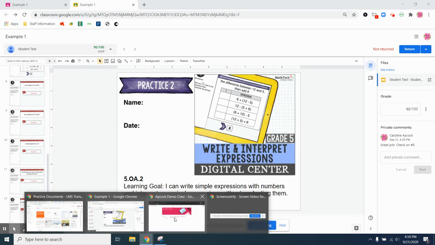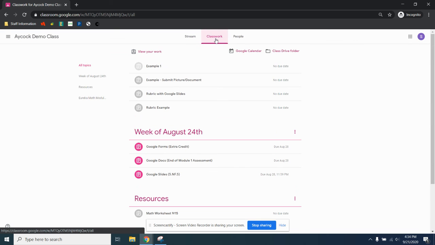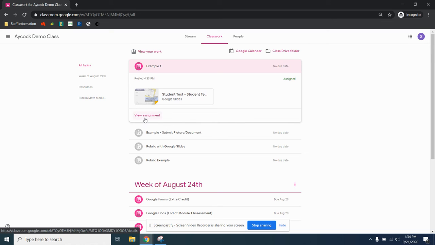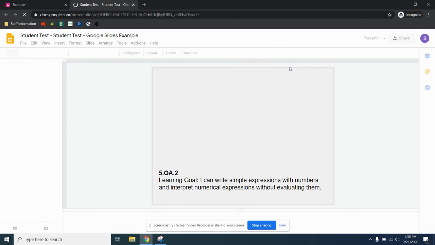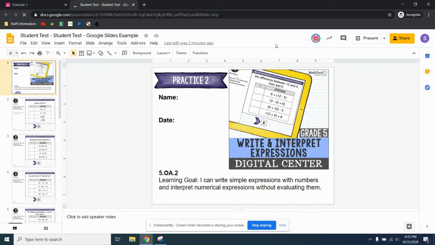On the student view, if this was one of your students in your class, they would go to classwork the same way that you went in. They would click on example 1, and then they can go right here to view assignment. So this is what they see. They already see my private comment here. They see under the Your Work tab that they have a document here, and they could also add or create or upload another document if you ask them to. But if they click right there under Your Work, it has their name, and that is their copy of the assignment. Students would be able to type over this, to manipulate the Google Slides,